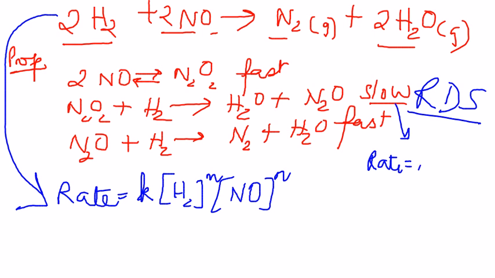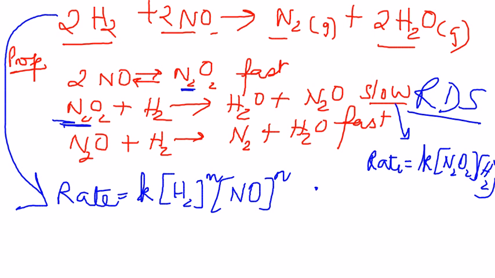Now we are going to take a look at the rate determining step. So there the rate is going to be equal to K times N2O2 times H2. Realize there are no coefficients, so we are going to just stick to 1. Now N2O2 gets formed in one step and gets used up in another. That makes it an intermediate. That means the concentration will never be high enough that you can actually carry out a measurement. So in order to determine the concentration of N2O2,